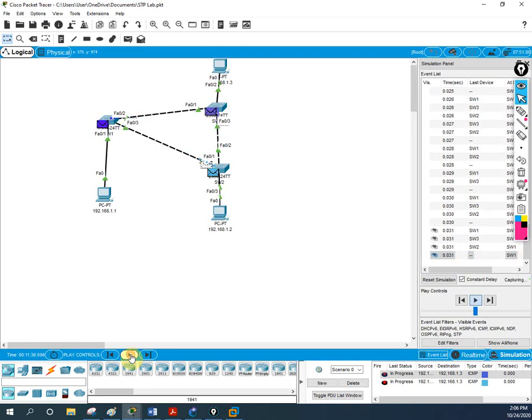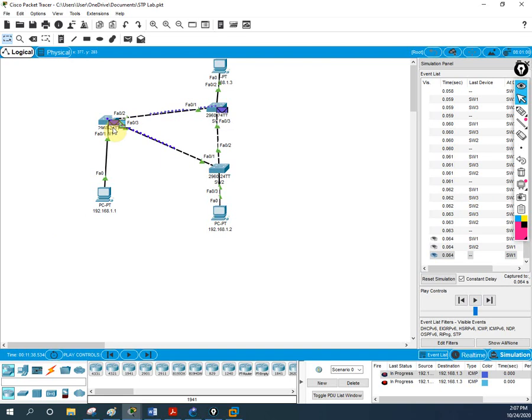This one we can say is a broadcast storm. It created a broadcast storm in the network. We have only one PC, that's why it is having so many packet frames. If we have 100 PCs connected in our network, then we will have a lot of broadcast storm. Okay, so what we are saying, this is a broadcast storm.